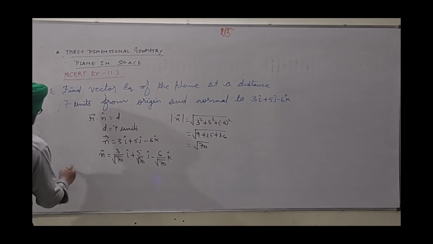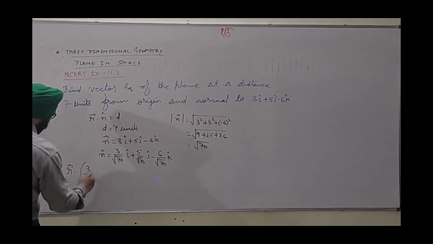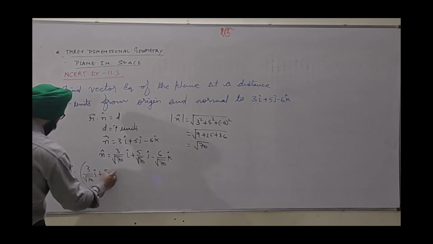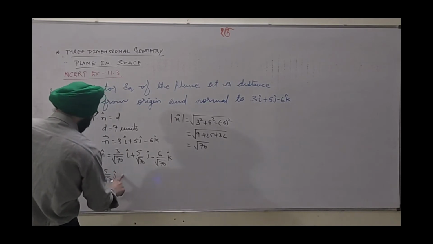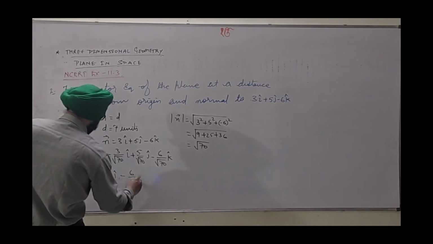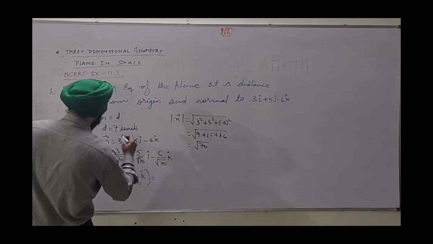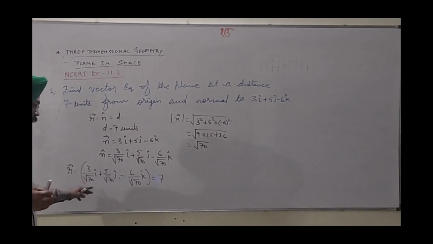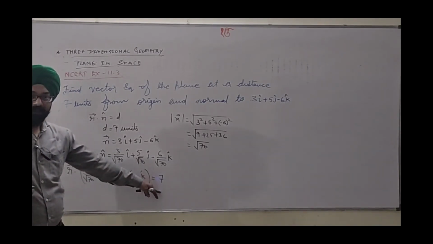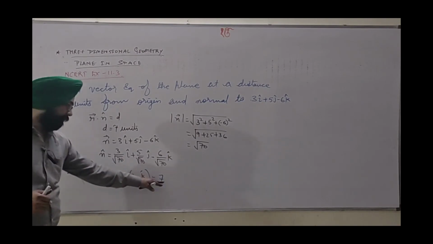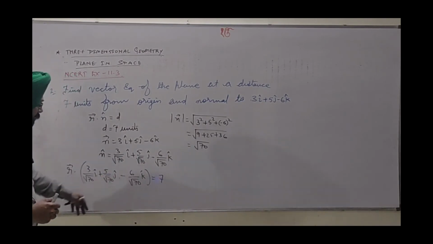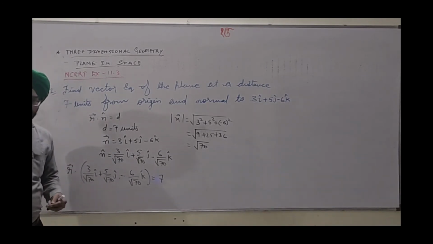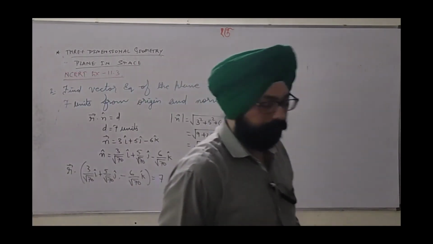So that's why the required plane is r dot 3 by root 70 i cap plus 5 by root 70 j cap minus 6 by root 70 k cap equal to d, which is given as 7. So this way we can put it. Also 1 by root 70 is common out of this. As a constant we can shift it, and the other form can also be written with the right hand side as 7 into root 70. But this is enough. So I hope you understand. The second was normal form. Slowly we will move to other patterns also. Let's see the next question now.